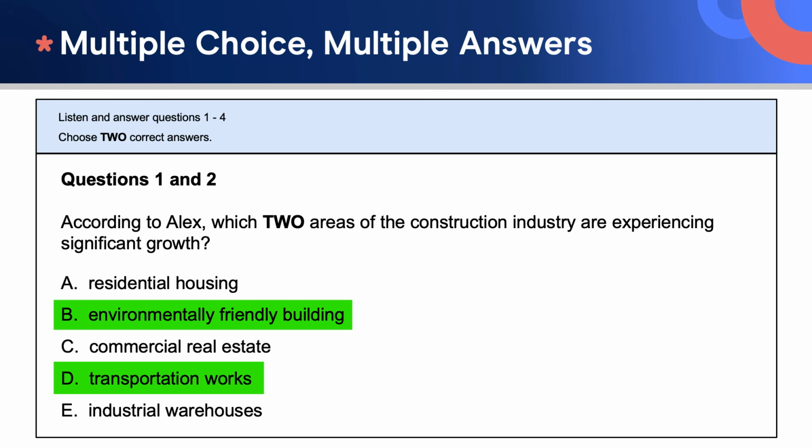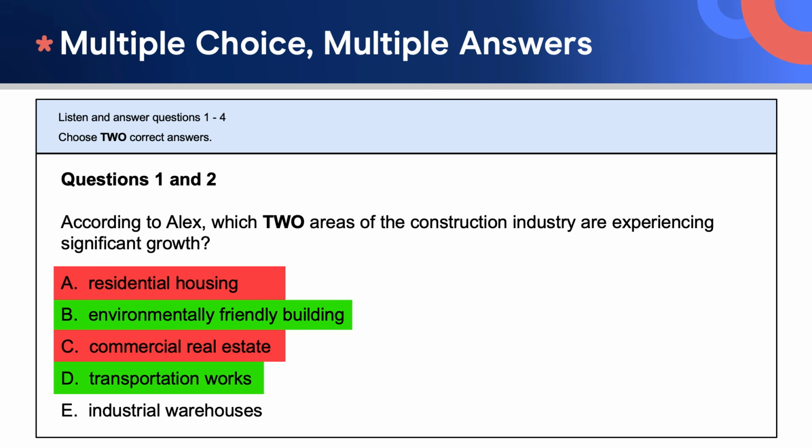You may have heard Alex say the main two types of premises are residential properties and commercial properties. While this may seem to suggest the first and third options, it doesn't say that these areas are undergoing growth, so they're just distractors. Similarly, industrial warehouses are covered when Alex says supply depots and storage facilities are another type of construction that you could be involved in. But again, no mention is made of this being an area of growth. So you can see how the exam uses distractors so that you have to listen very carefully rather than just